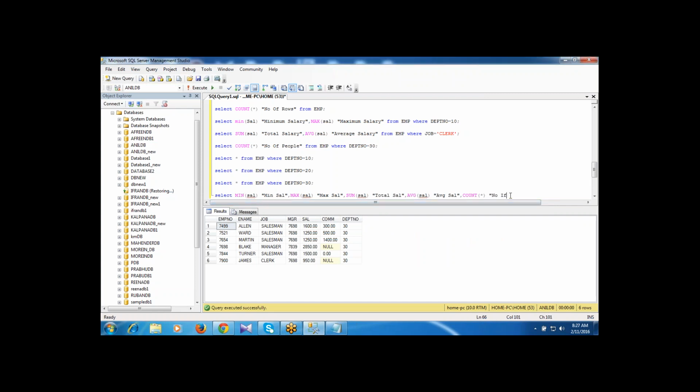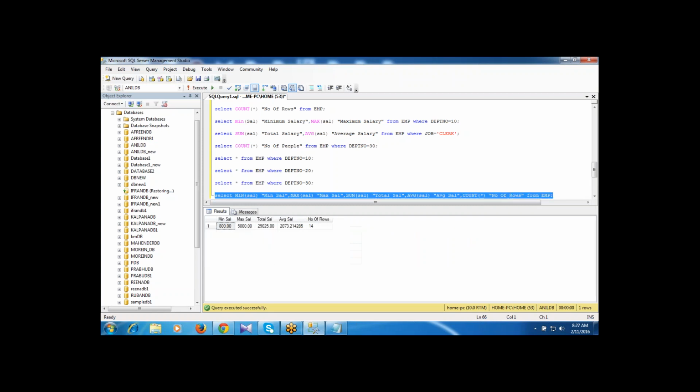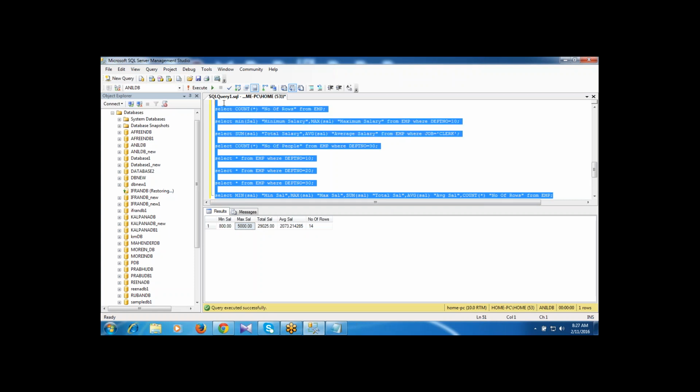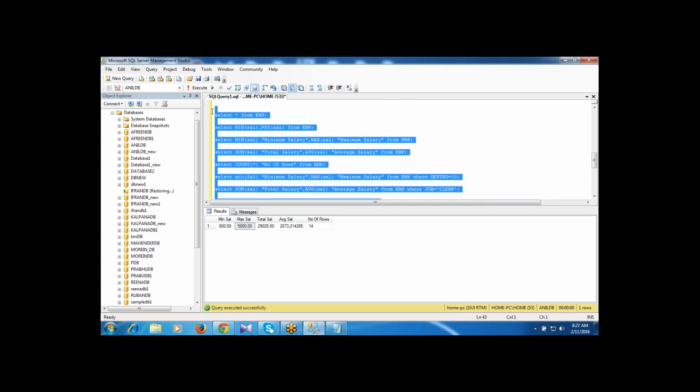If I want to get the result for a particular group, then I write the where clause. In each and every department we have some information. When I operate the group function for all the data in a table, I get a single result. If I want to get the result for each and every group, like for each department, for each job title, then I write the group by clause.